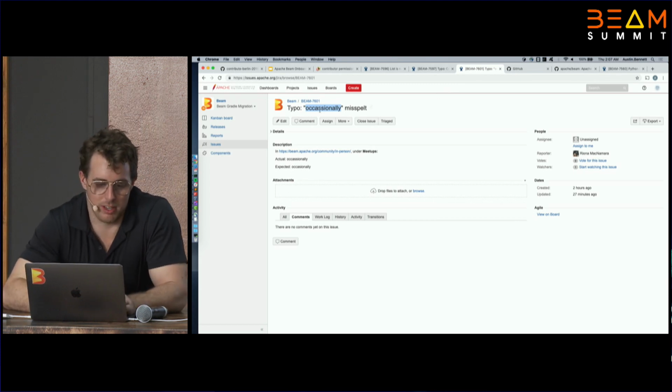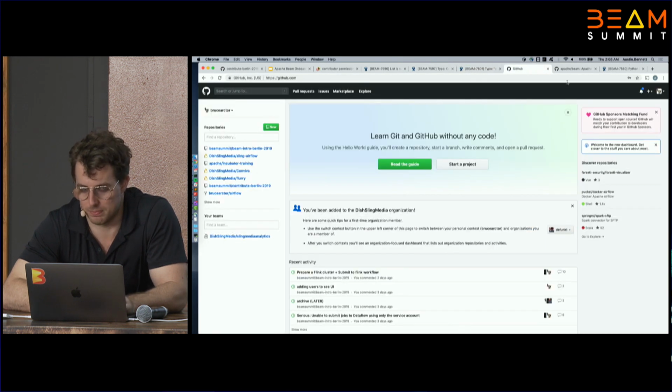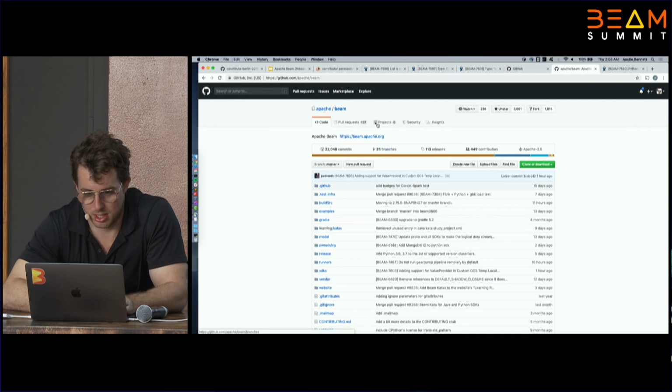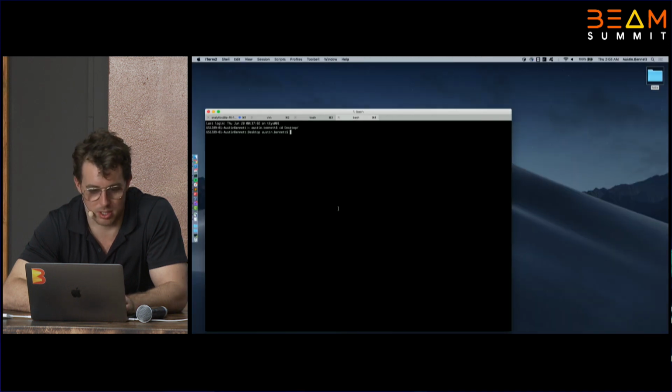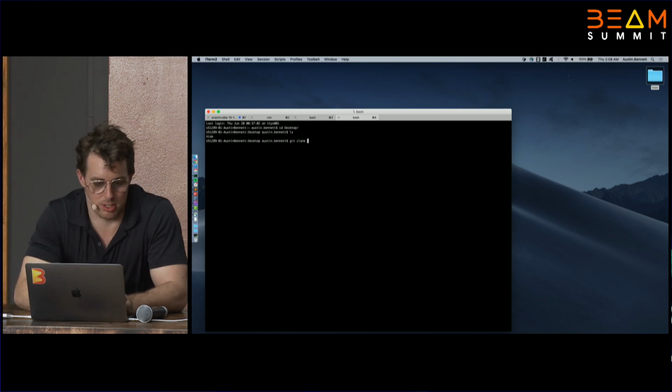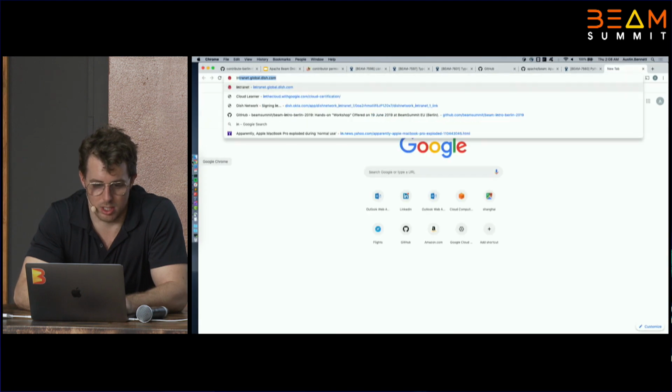All right, so we have an issue with, say, a misspelling in documentation. Naturally, this could be actual code, whatever sort of issue. So let us then go figure this out, but ultimately all of this comes down to having the Git repo and the code base. I'm on my desktop now, although I should potentially do this in my IDE of choice, say IntelliJ. There's also really good IntelliJ Beam